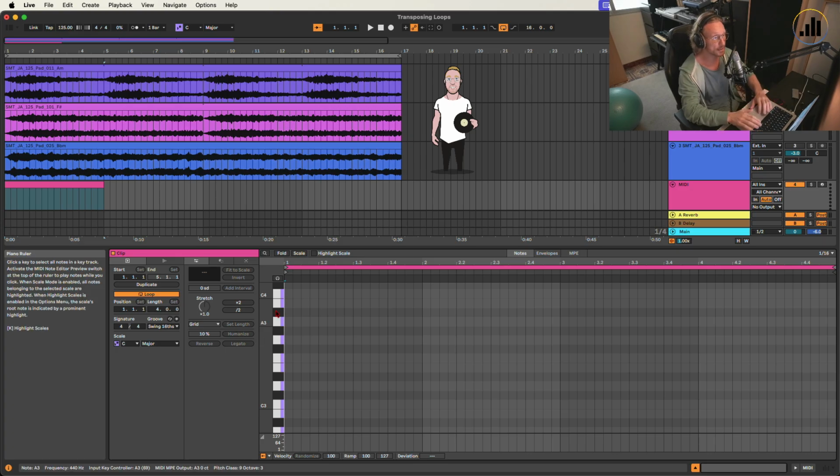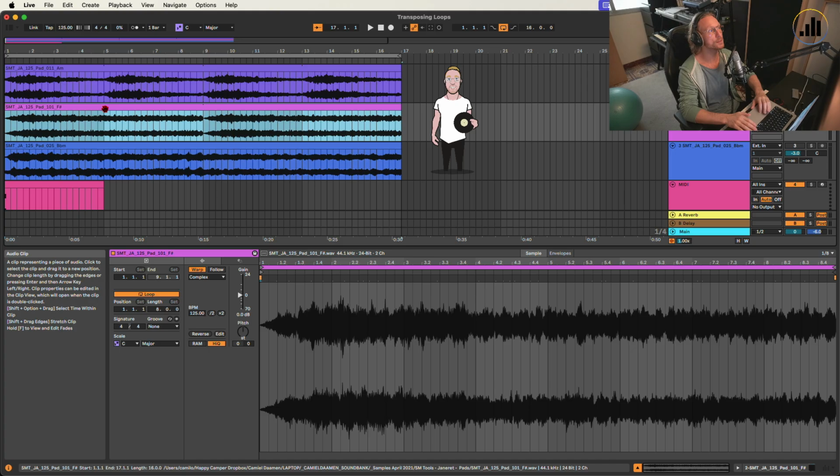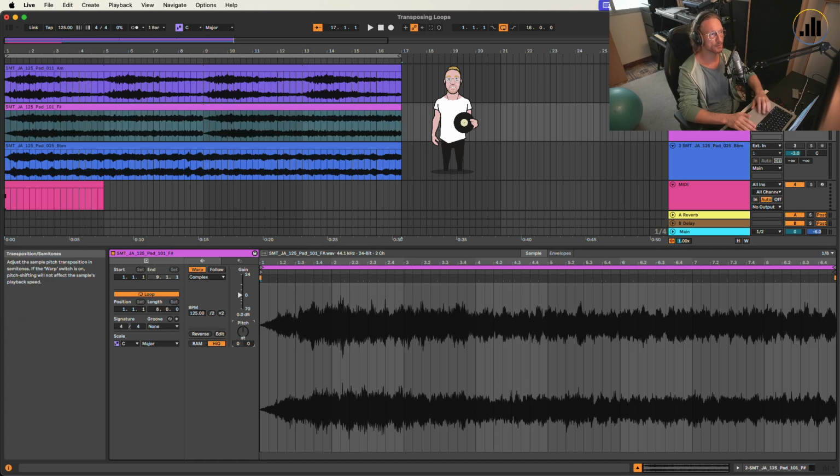So once we know this, it's nice. We can just use our MIDI clip and go, okay, we have an A minor, so we have to find an A. This also goes for major chords if you want to transpose two major chords to each other. So we have the A, boom. And then we go, okay, let's find the F sharp. So I go find the F sharp. That's here, right? F, F sharp, boom. So now I see two notes, and the only thing I need to do is see, okay, if I want to make this F sharp, how many steps, semitones, do I need to transpose this? Is 1, 2, 3. So in theory, if I go into this clip and I say the pitch, I transpose